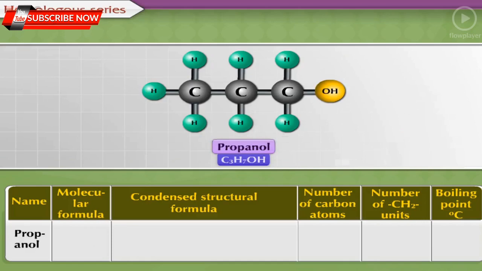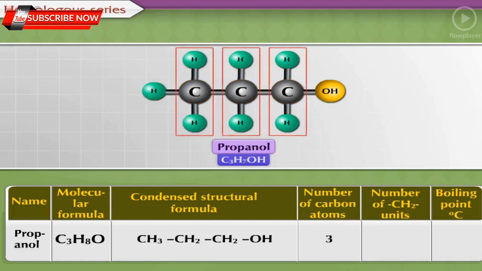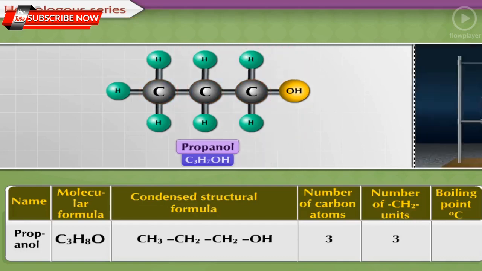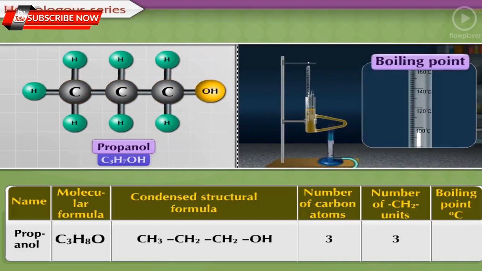The third compound is propanol. The molecular formula of propanol is C3H8O. Its condensed structural formula is CH3CH2CH2OH. The number of carbon atoms is 3, the number of CH2 units is 3, and its boiling point is 97